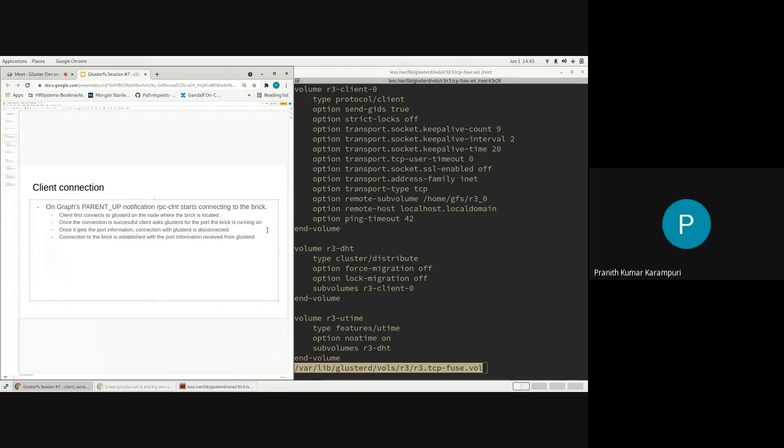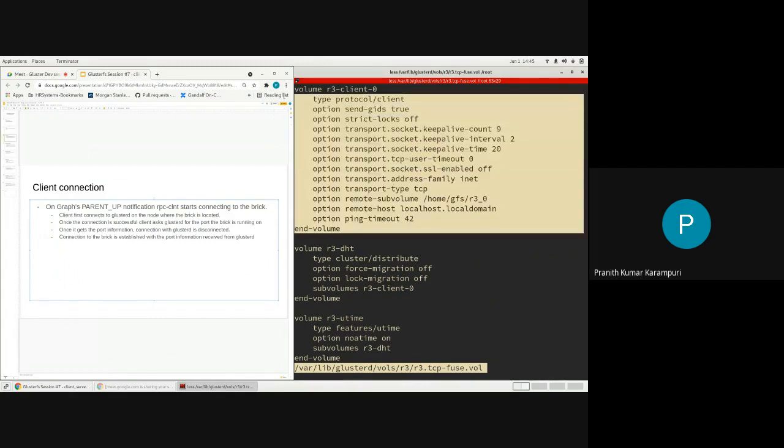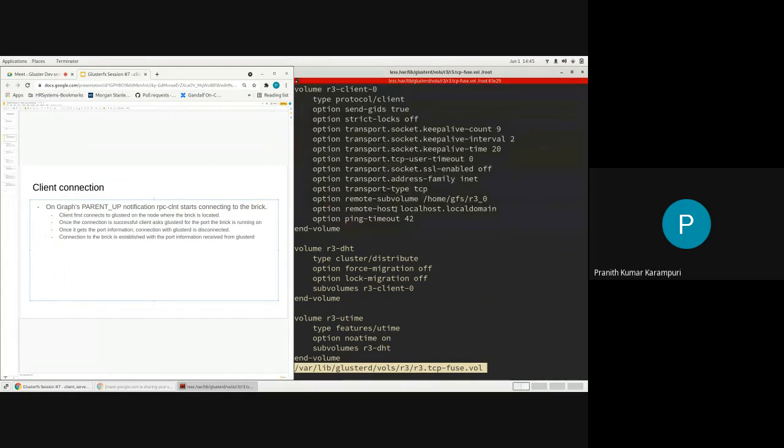Okay, so basically, when you set up this client translator, GlusterD would have generated the host name on which the wall file and the port information would be present. So the client translator knows that it needs to first connect to the GlusterD on whatever is here.